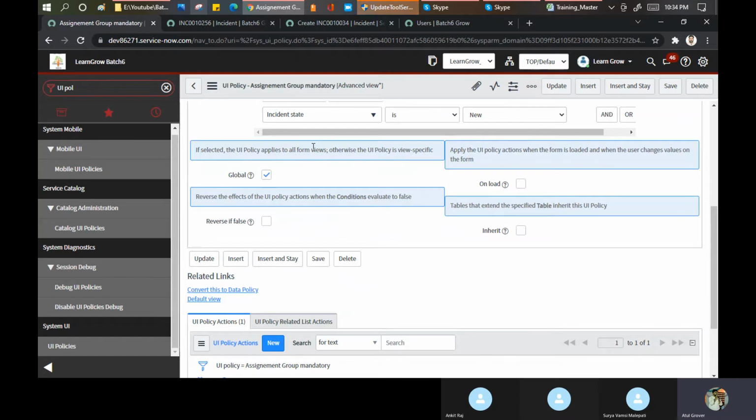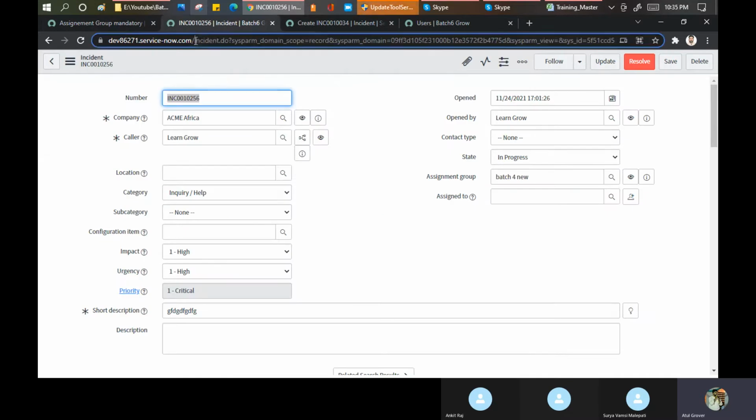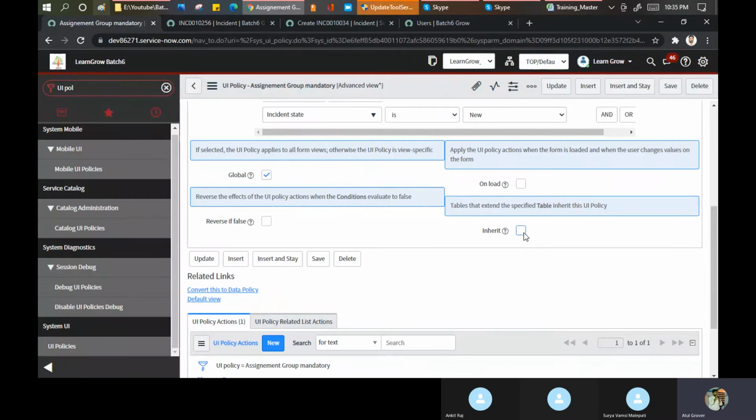But in this case, maybe we can create our own table and then try to use these options. We can do R&D on this again tomorrow. I'll create a table and we'll show you. And in the header, if you are extending this table from the task table, and on the task table this field has any UI policy, it asks whether you want to apply the same in this incident. Yes or no? It's up to you. I said no, don't apply. I will create my own UI policy and that should be applied on this particular field.